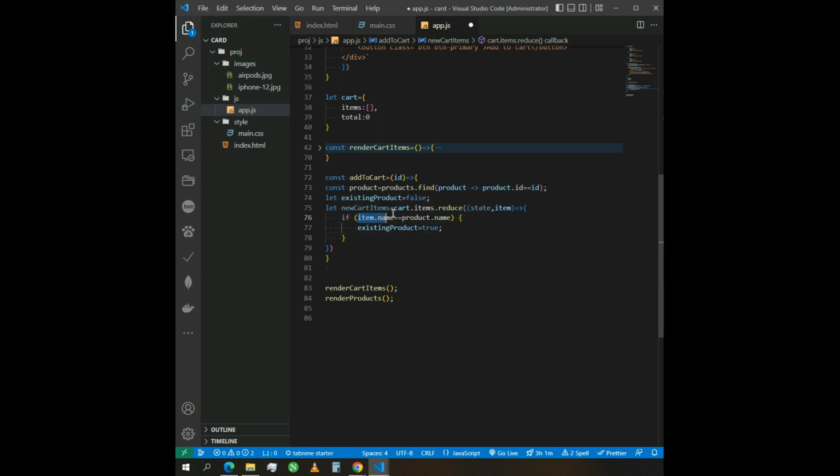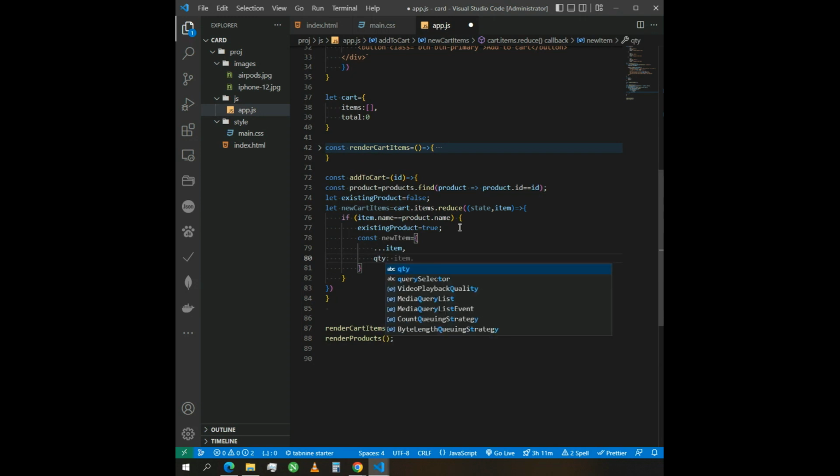If we have an item that's name equal to product dot name, existing product is true, and const new item, we have a new item, and we have items and last items, and we have quantities item dot quantity plus 1,